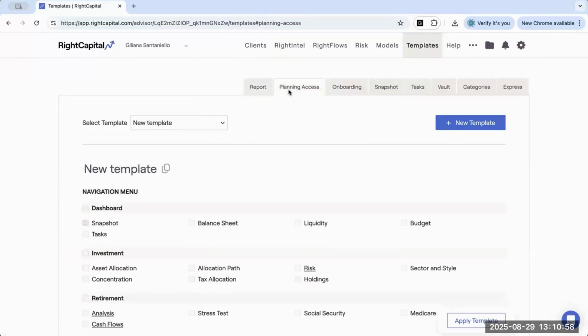And then next we have our planning access template. Planning access allows us to control what modules the clients can view when they log into their RightCapital portal. When we invite clients to a portal, there are times when we might not want to give them access to every single module within the system. It can be overwhelming, or there may be irrelevant modules that they'll never look at, and we really want to help clean up and streamline their view so it's easiest for them to navigate the system